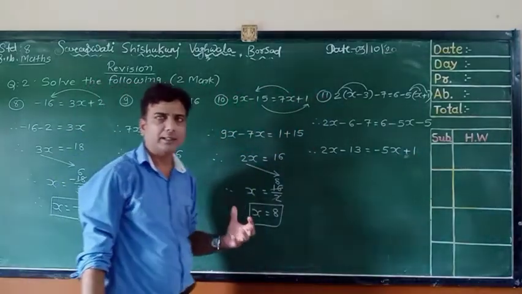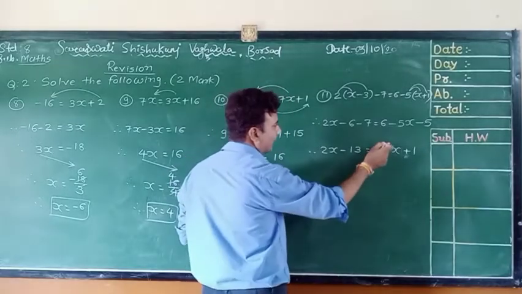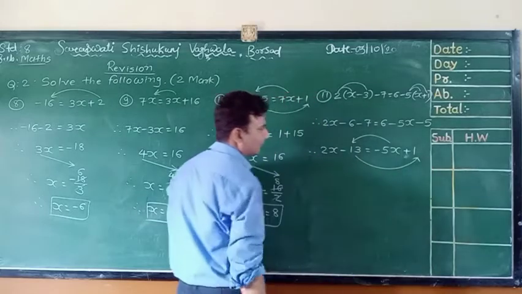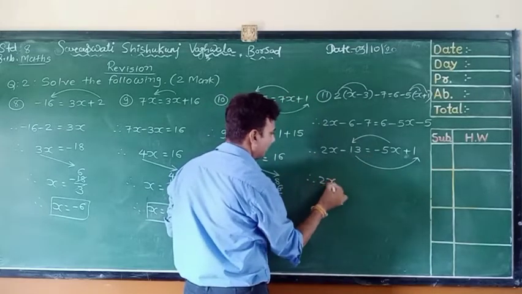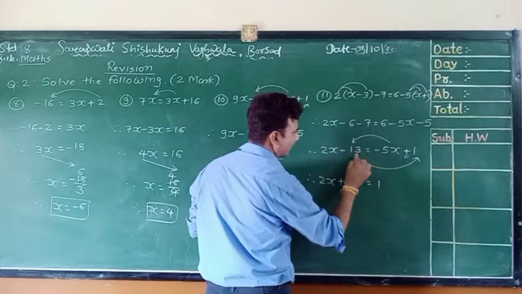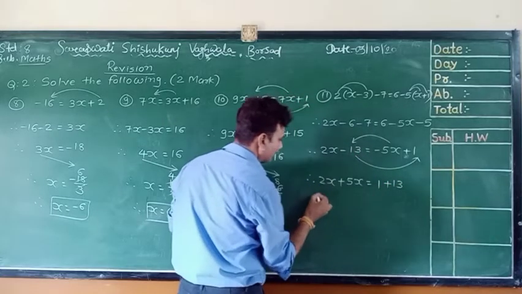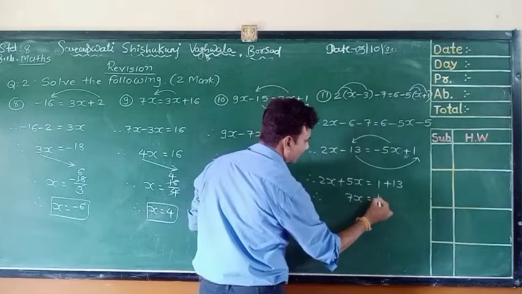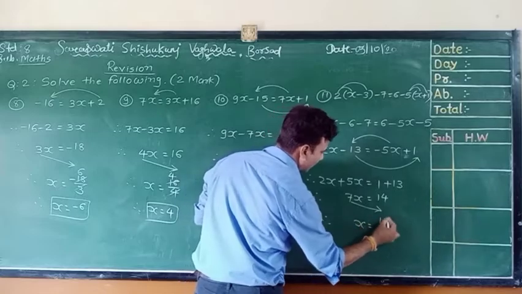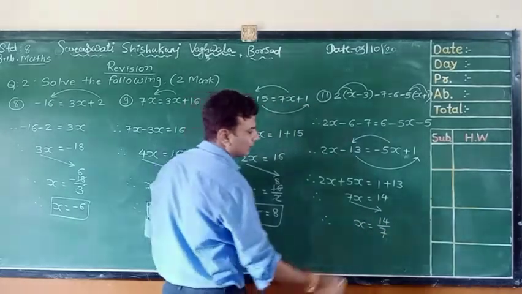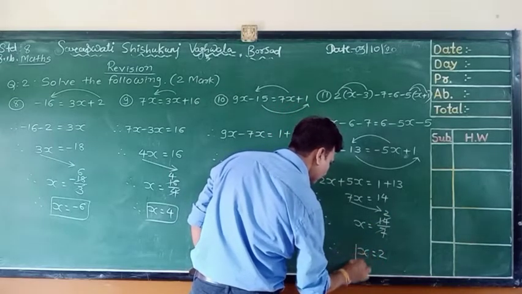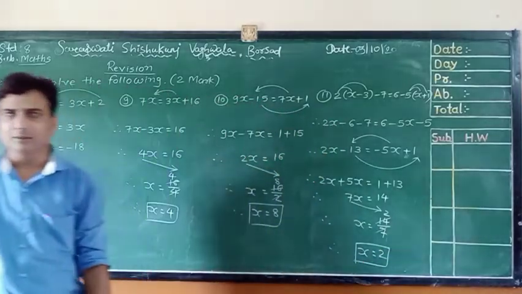Okay, now x, the same variable, we will keep on one side. So minus 1 will come this side, so it will become plus, and minus 7 is going that side, so it will become plus. So 2x as it is, minus 5x this side becomes plus 5x, this one as it is, minus 13 that side becomes plus 13. 5 plus 2 is 7x, 13 plus 1 is 14, and 7 going downside. So x equal to 14 by 7. And students, we know 7 2s are 14. So x equal to 2 is the right answer of this question.